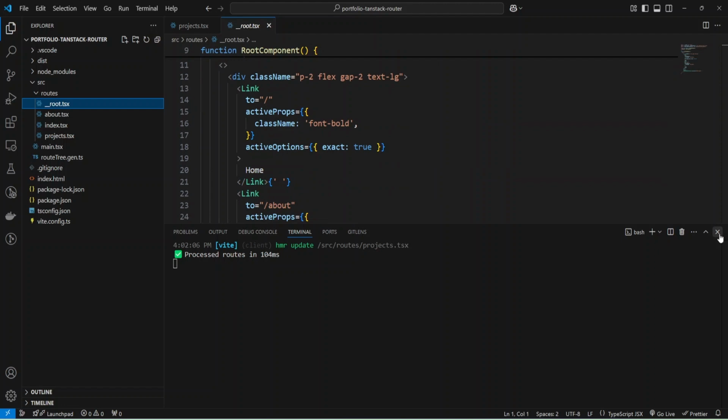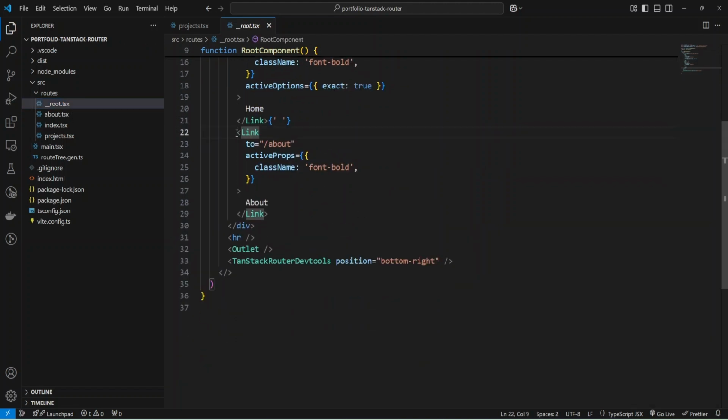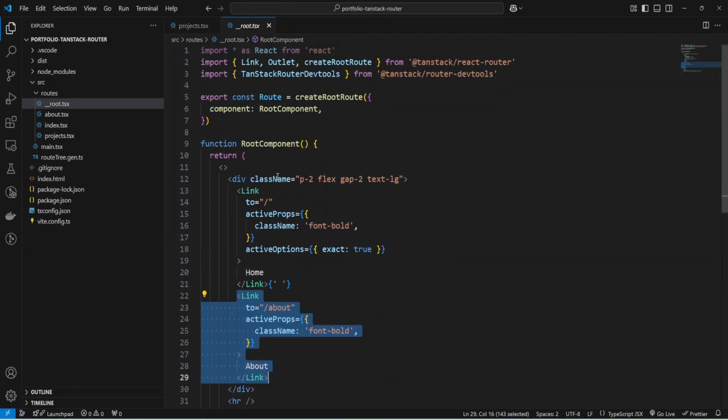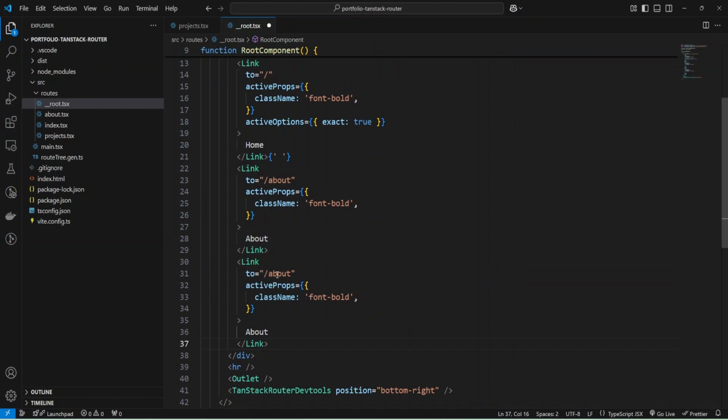Let me hide the panel, and we can add our component after the about link. We have some links here, and let me provide the path to my projects.